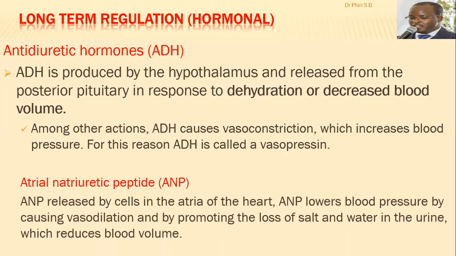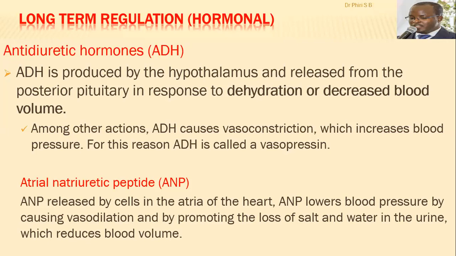Then the atrial natriuretic peptide, I've also explained its effect on the kidneys, that will result in a decrease in reabsorption of water, and then you have more production of urine. So the blood volume is going to reduce, blood pressure is reduced, because this hormone is produced when you have high blood pressure. If you have high blood pressure, the atrial wall is going to be stressed, and then those low pressure receptors are going to be stimulated. Then they are also going to produce this hormone that will have an effect causing